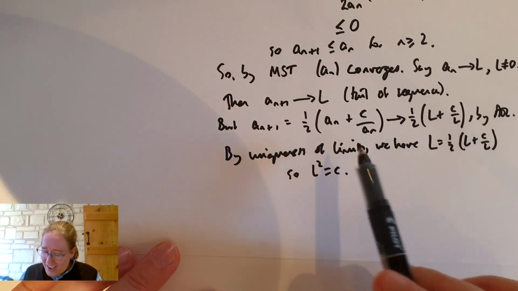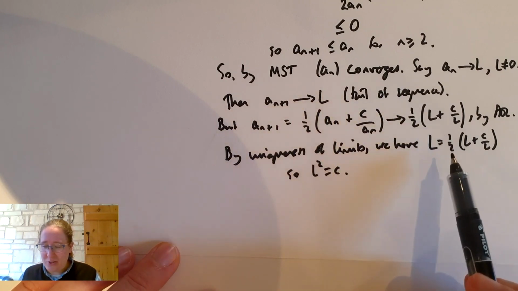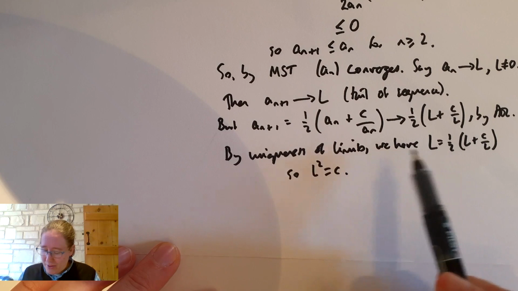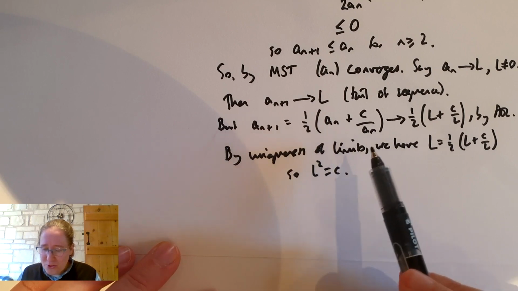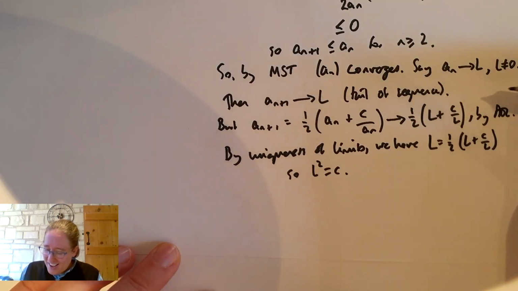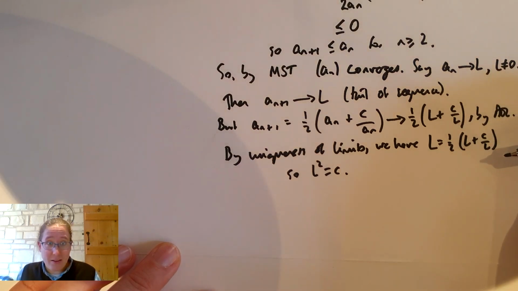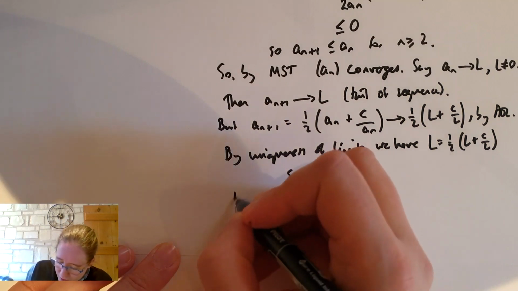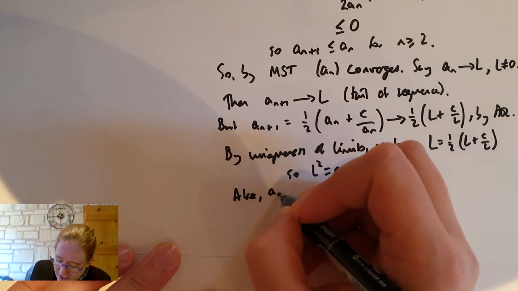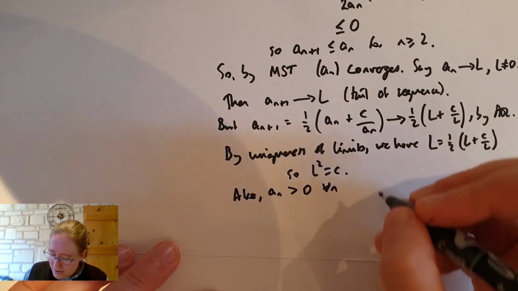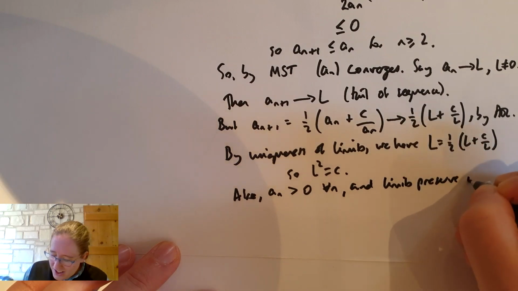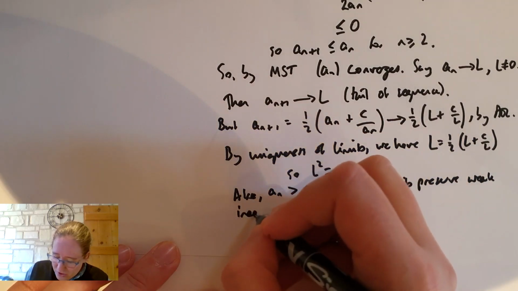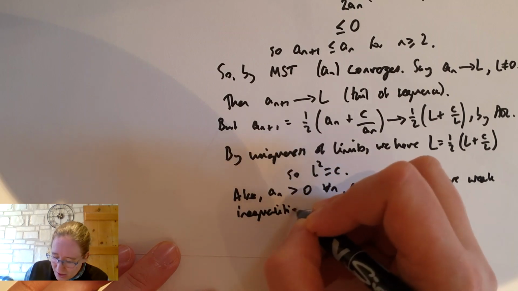So what I want to stress here is how careful I've been to use results that we've already seen to argue about this L. I have not taken a limit of part of this but not the other part, or there are all sorts of mysterious things that people do at this point, but hopefully this is really clear that we are using algebra of limits, we're using tails, and we're using uniqueness of limits. And we also know that a_n is greater than 0 for all n, and limits preserve weak inequalities. I really like this example because it draws together so many strands that we've already seen about convergence of sequences.